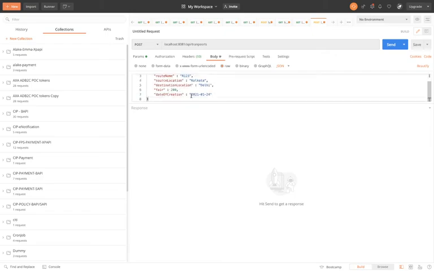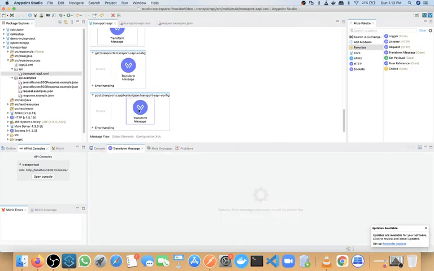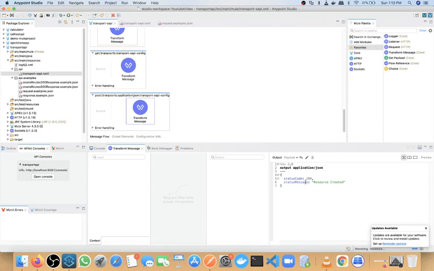Now next, we'll see what kind of response transformation we completed here. So status 200 and resource created. Here also we would need to do some more processing.